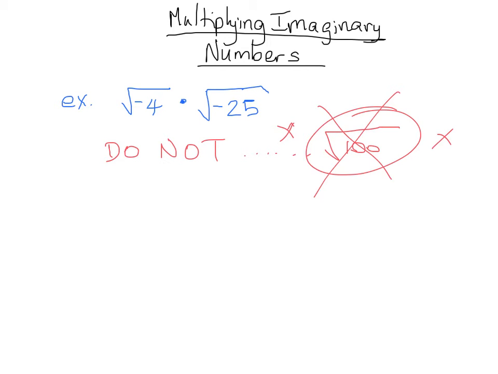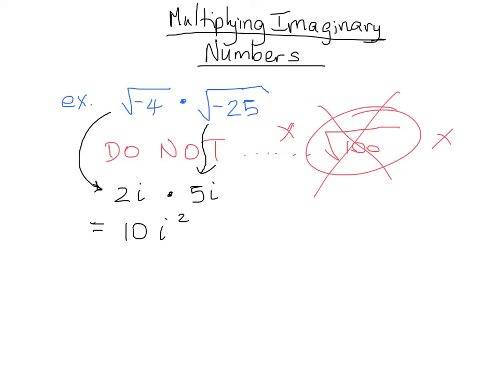We have to first change it to its imaginary form, which is fine because you know how to do that now. So the square root of negative 4 becomes 2i, and we're going to take that and multiply by the square root of negative 25, which is 5i. All right, when we take 5i and multiply it by 2i, we get 10i